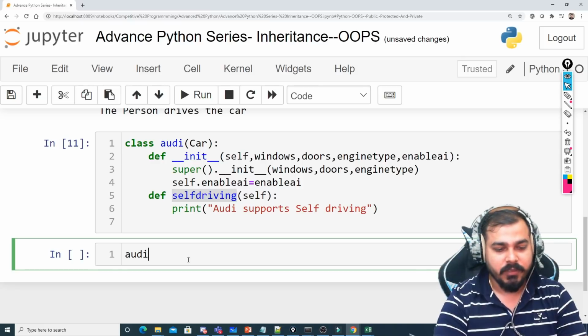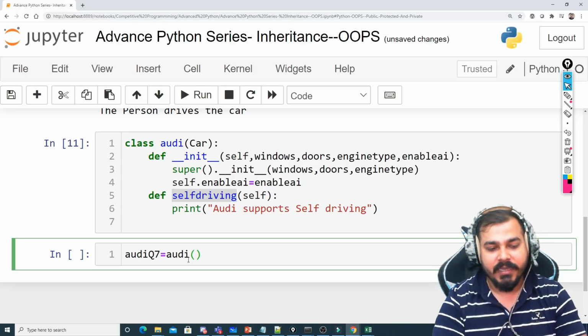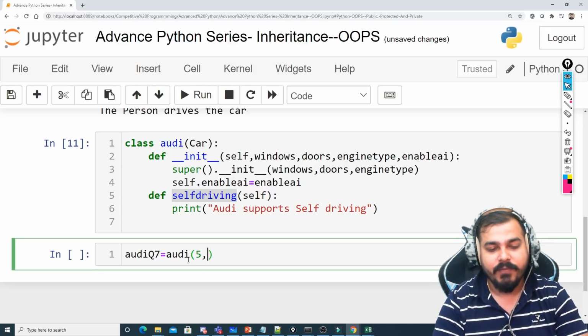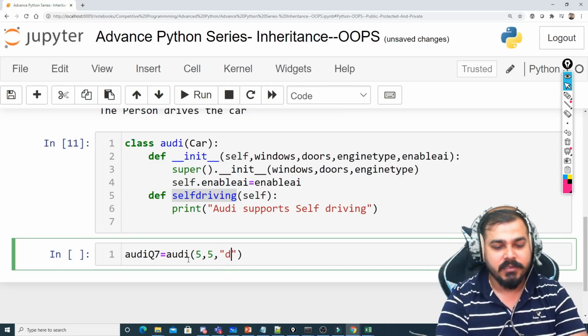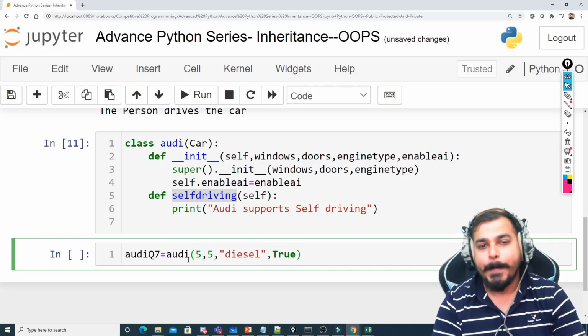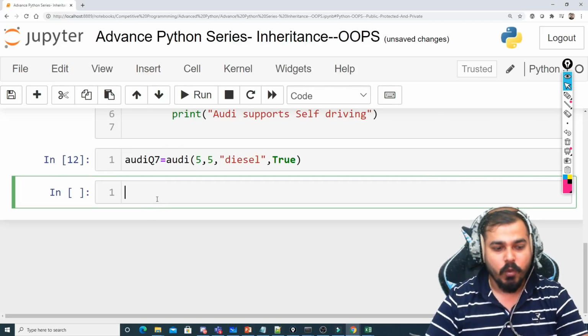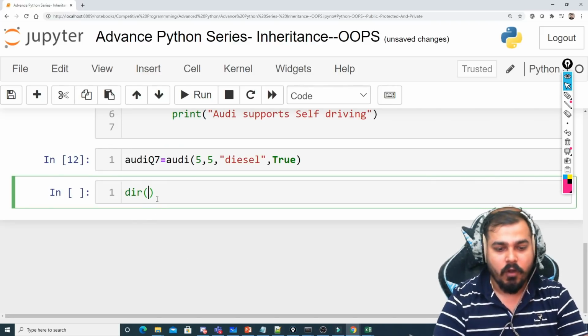Okay, I'll just give you a model, Audi Q7 is equal to Audi, and here I will say it has probably 5 windows, 5 doors, and the engine type is basically diesel, and enable AI is basically true. Okay, I'm just going to initialize it in this particular way,